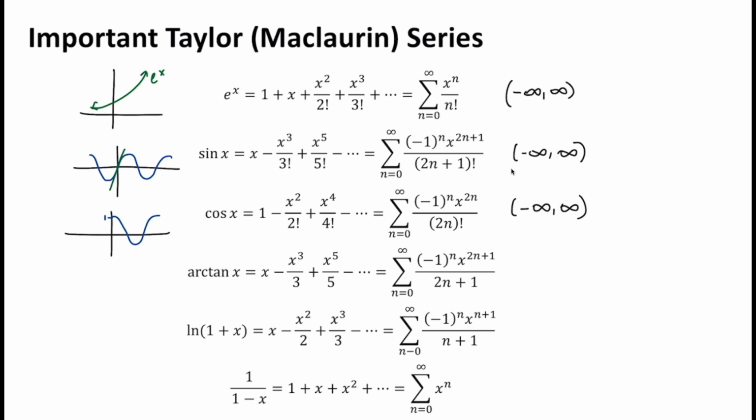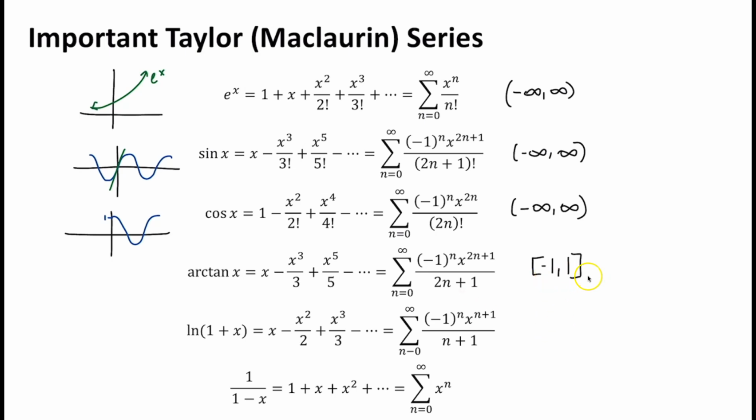For the function arctangent x, we have x minus x cubed over 3 plus x to the fifth over 5, and so on, with the general term looking like negative 1 to the n, the terms alternate, x to the 2n plus 1 over 2n plus 1. So very similar to sine, the only thing missing is the factorials in the denominator. So I try to remember that arctangent x is basically the same expansion as sine x, except there are no factorials. For this one, the interval of convergence, unfortunately, is not all real numbers. Arctangent x is exactly equal to this power series only on the interval from -1 to 1,